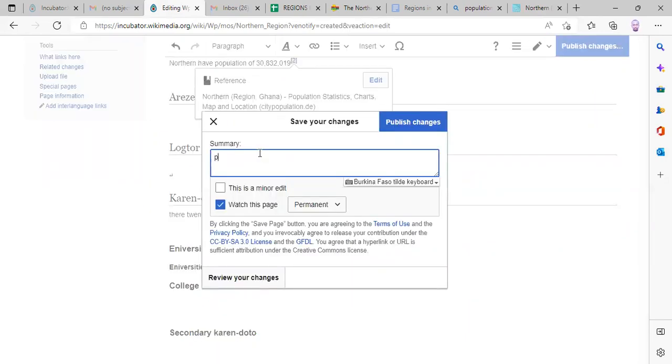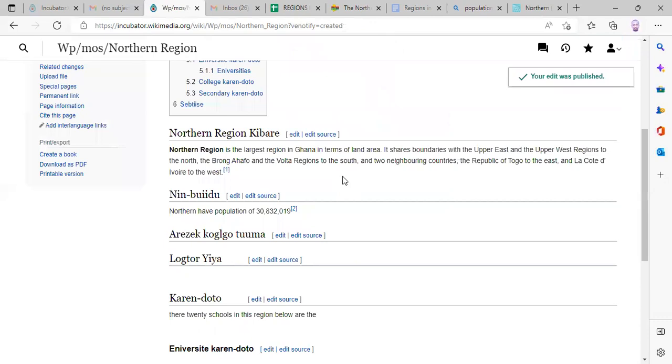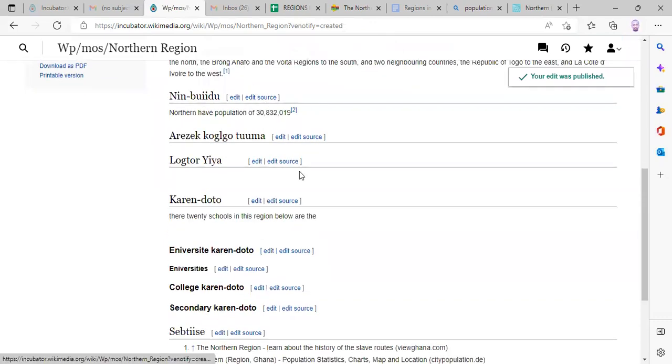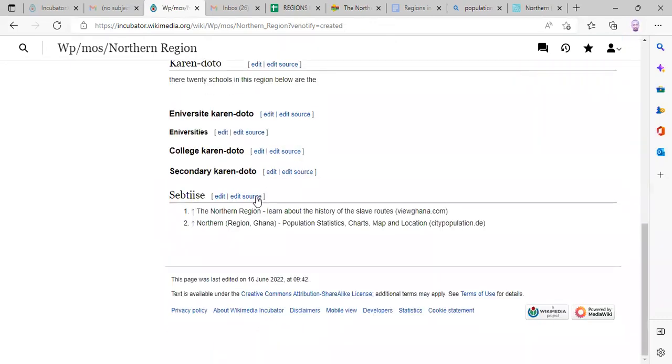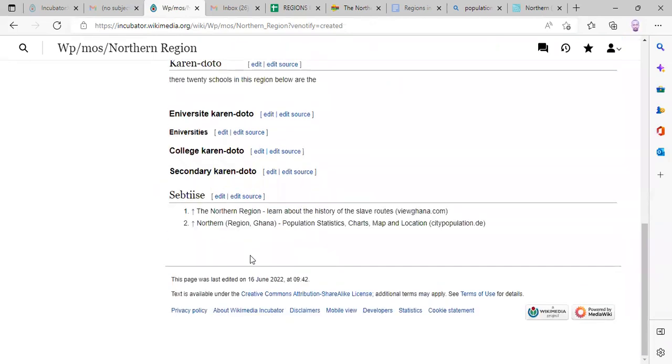What about another reference? I can write more references. You can click on manual edit. You can even remove this picture, or you can leave it. Publish it. Now you can see the other one has come to two. Let's go there and see references one and two. As you add references, they come and arrange here.